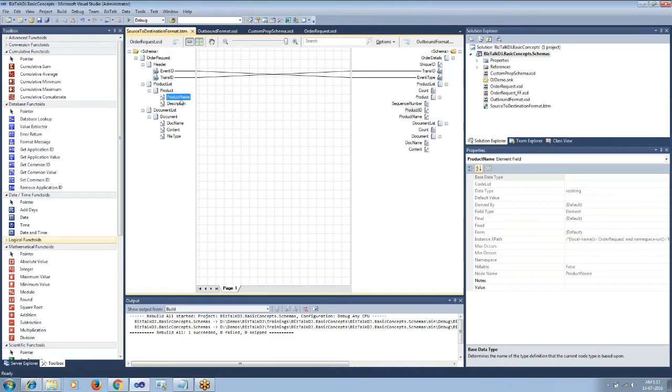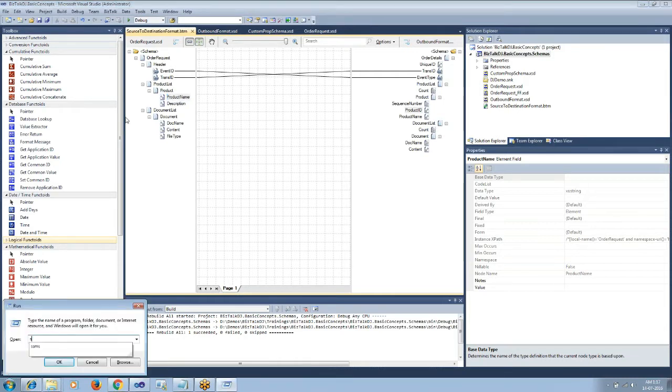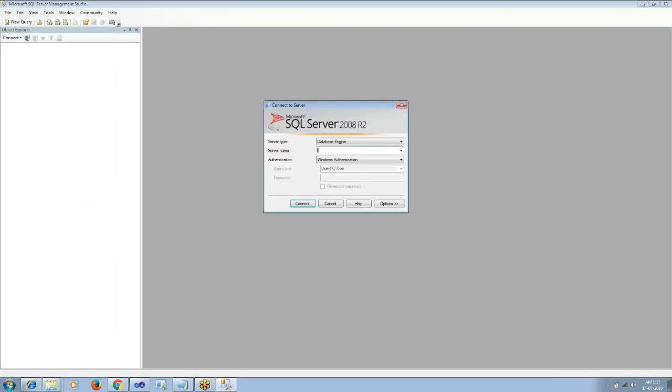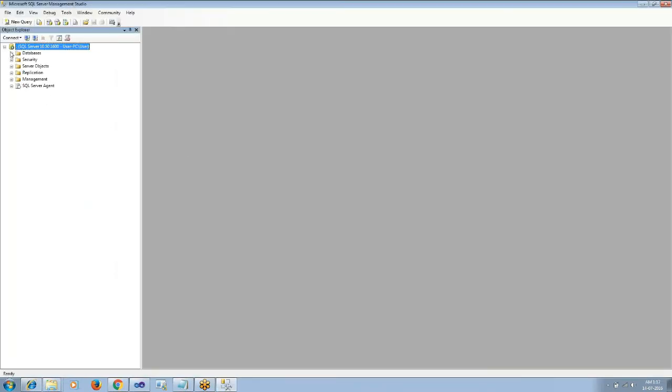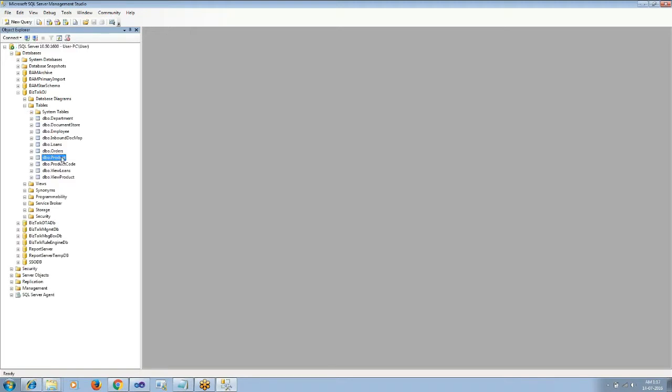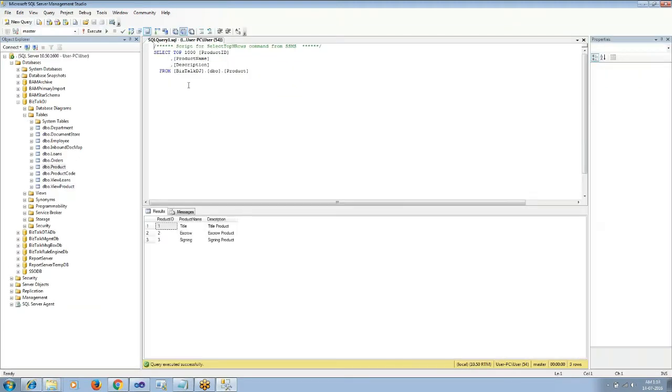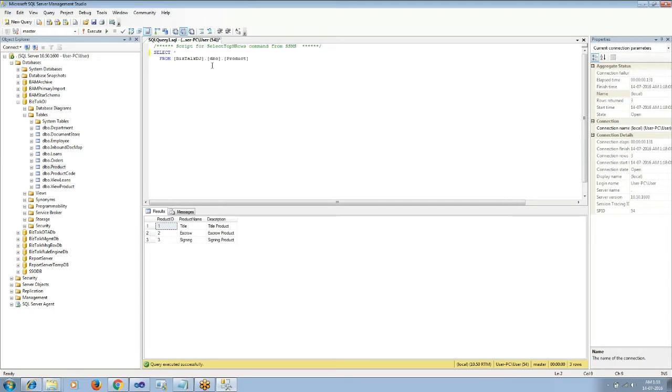So how the database lookup functoid works is it takes an input parameter, then looks up in the database and takes the corresponding value and maps it to the product ID. So I will connect to the database. I have a table called product which has product name, and we will take the product ID as the output and map it to the outbound schema.